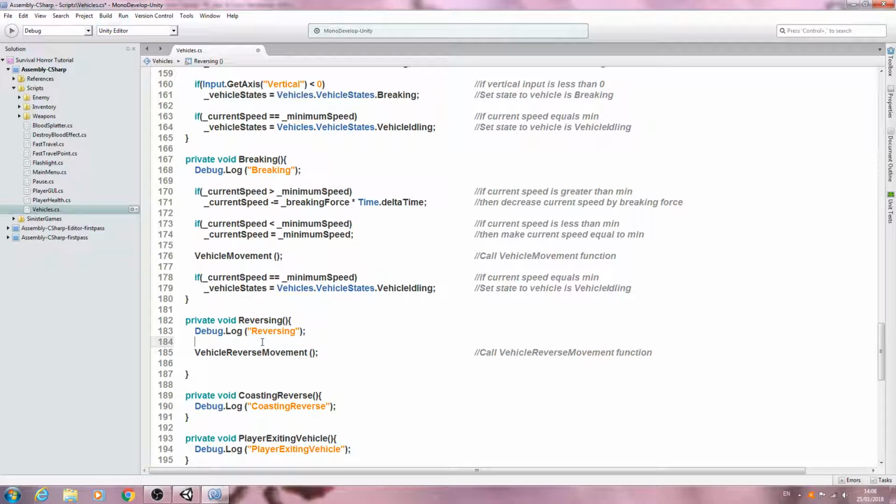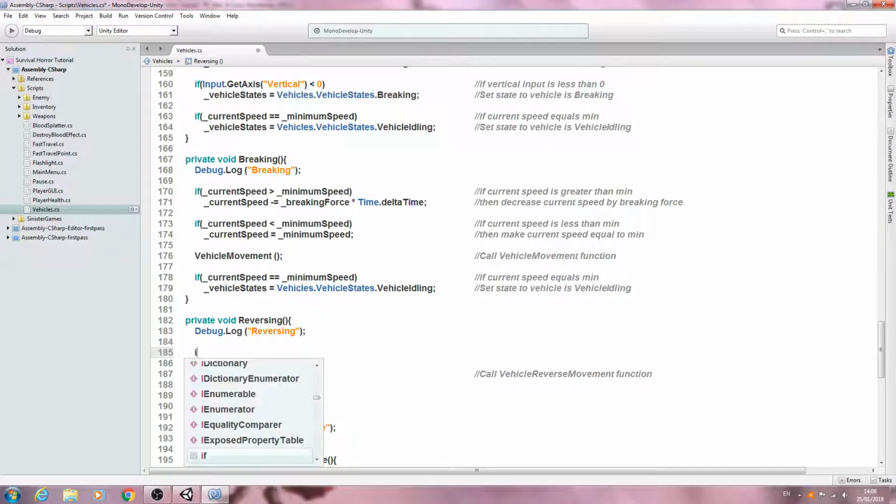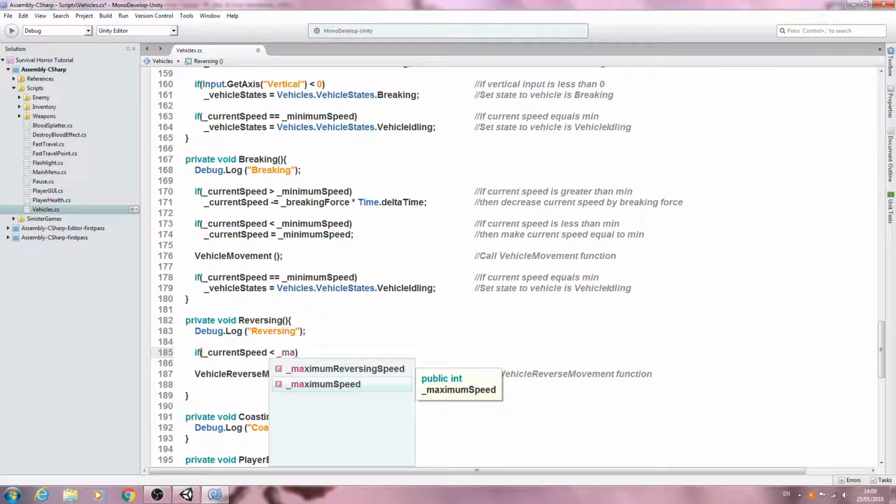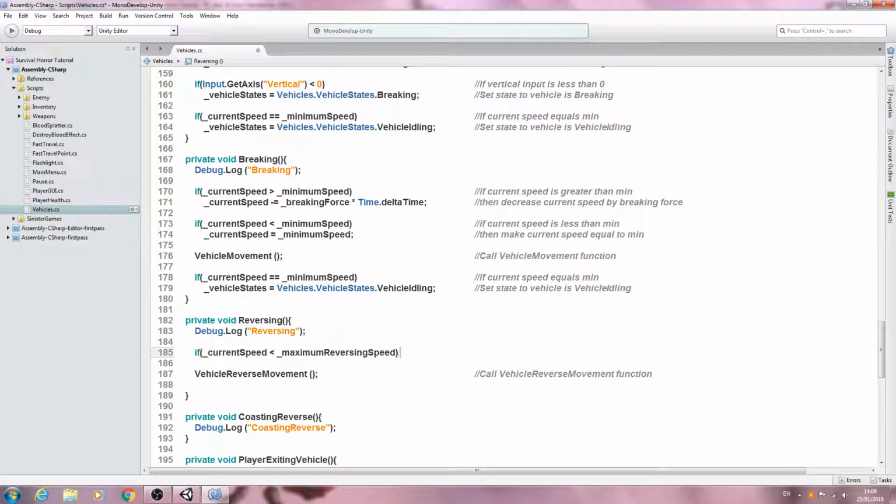So, and in fact I'll put this at the top, we'll say if, open and close brackets, underscore current speed is less than the maximum reversing speed. Let's get that into the comments. If current speed is less than max,